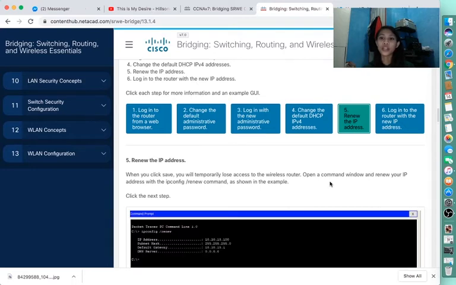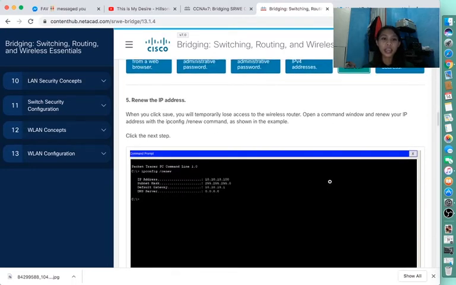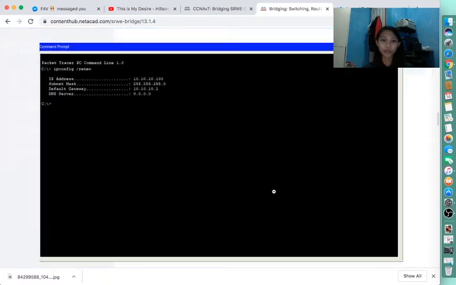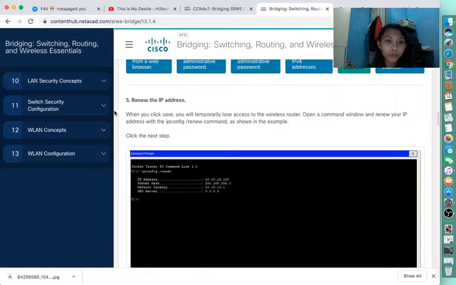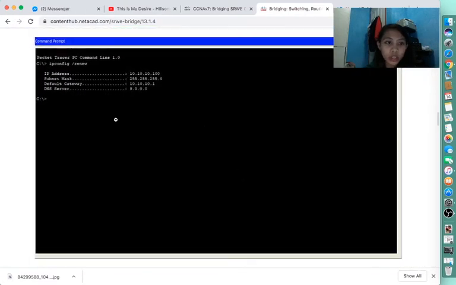Fifth, renew the IP address. When you click Save, you will temporarily lose access to the wireless router. Open a command window and renew your IP address with the ipconfig /renew command as shown in the example. So this is our command ipconfig /renew, and this is the list of the renew